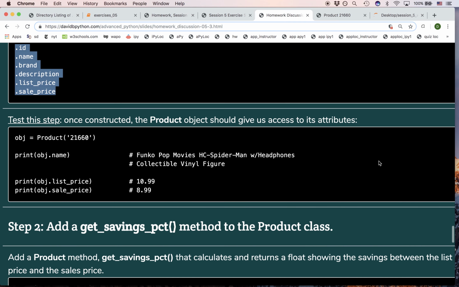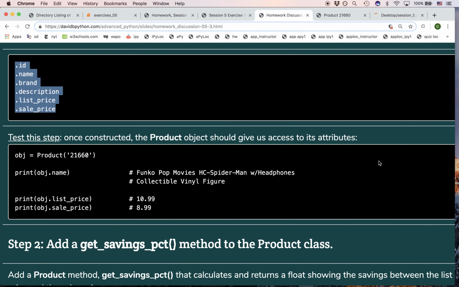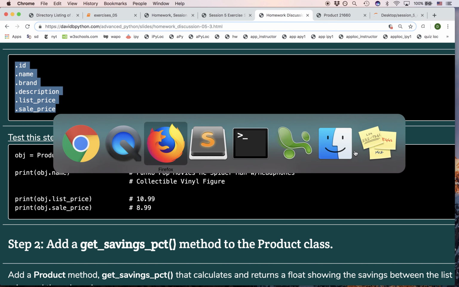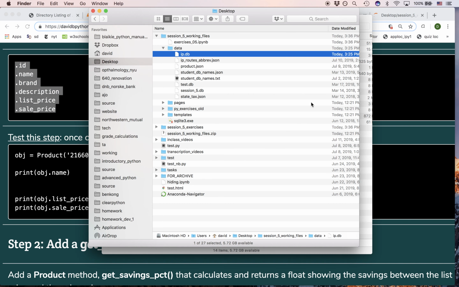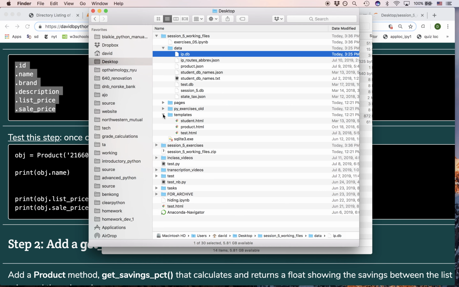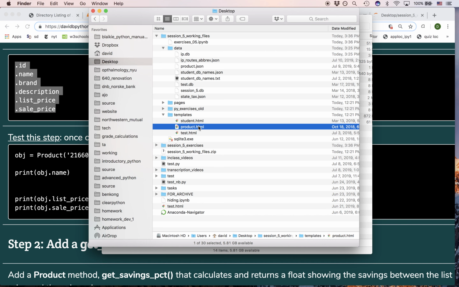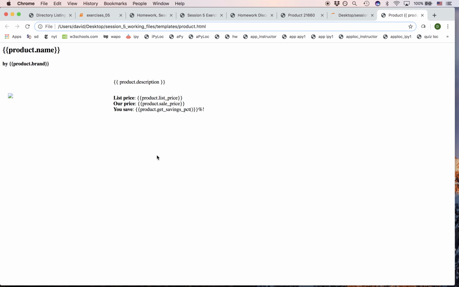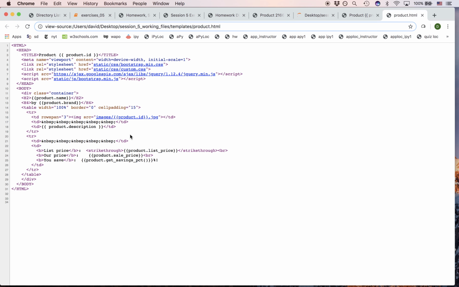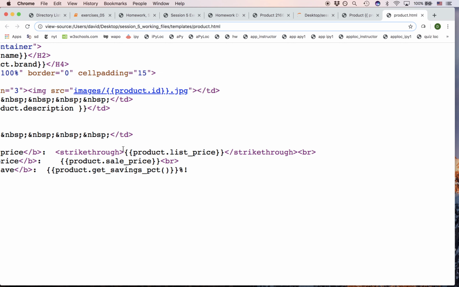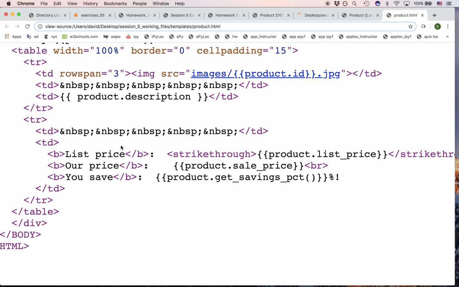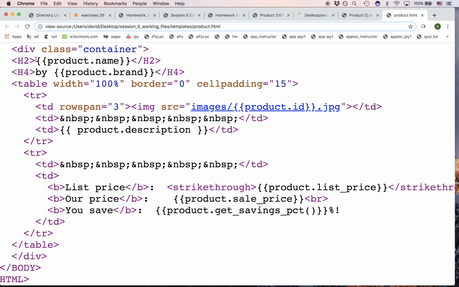And by the way, to understand why we need these attributes and these attribute names, I would suggest you go to your data here, go into your templates, find the product template. Here is mine right here under the templates directory, and just view it in the browser. You can either view it in the browser or you can view it as a whole. It's a little clearer in the browser, but if you view it as a text file, you can see that